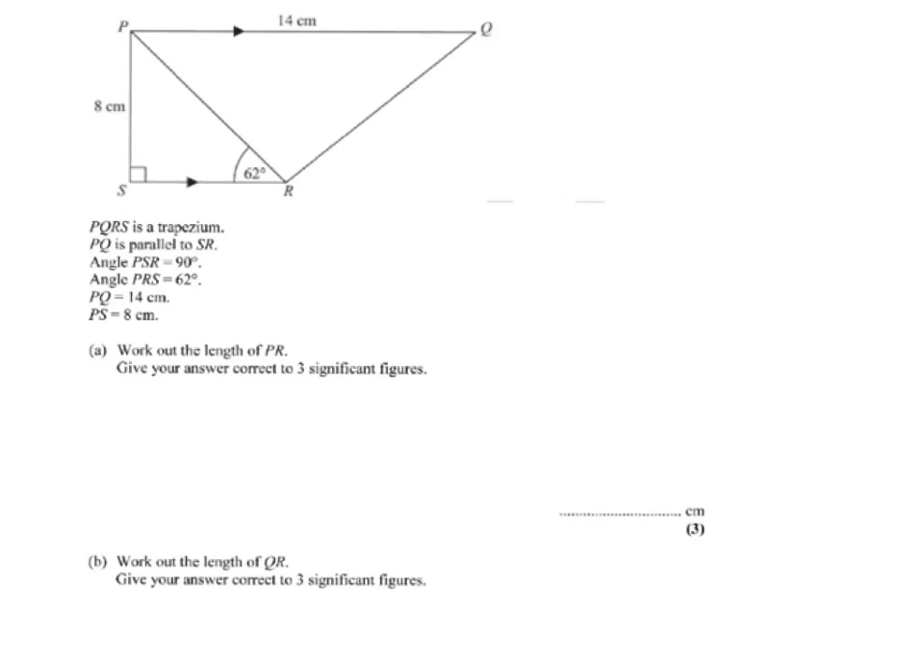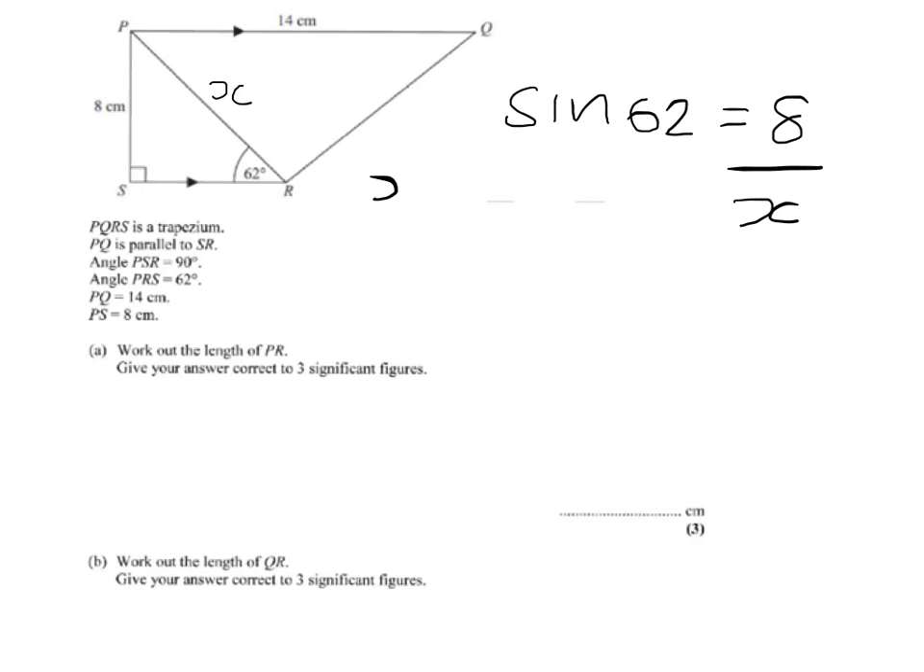So I'm going to find PR to start with, so we'll call that X. That's the hypotenuse in the right angle triangle PSR. So we'll see that sine of 62 will equal the opposite, which is 8, divided by the hypotenuse, which is X. So a simple rearrangement of that, swap the X and the sine 62 around, and X will equal 8